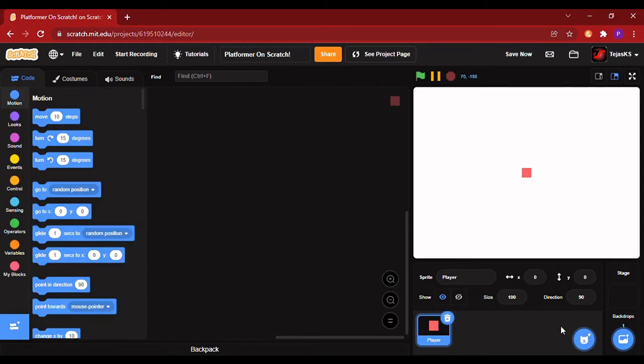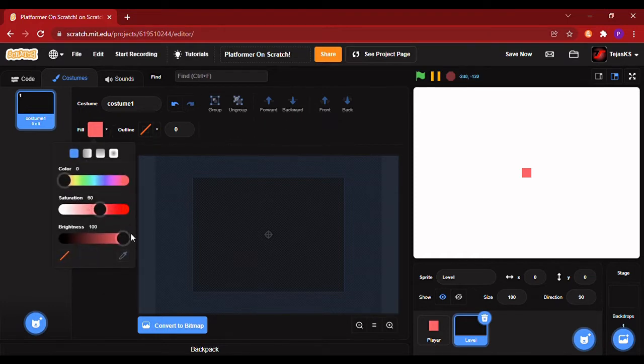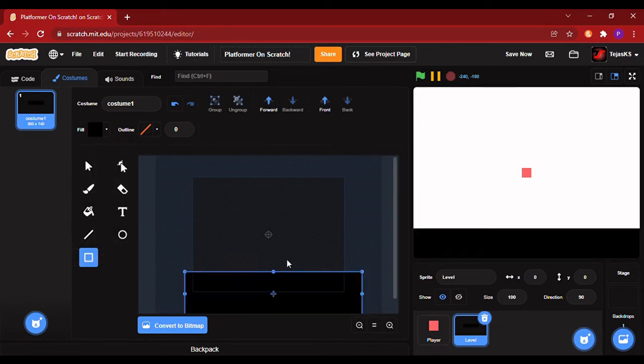Now we will make another sprite named level. Now you can make any level as per your mind. I will be making a simple level right now. A simple base here, a raised platform.